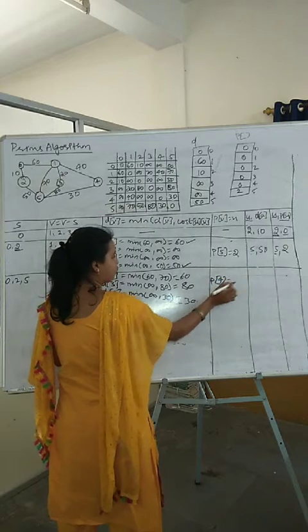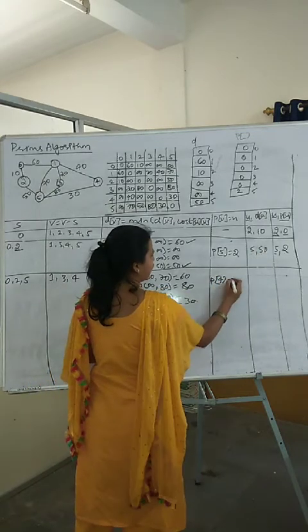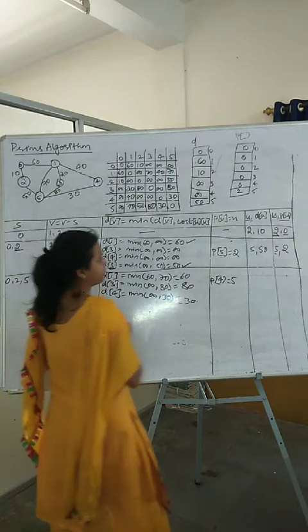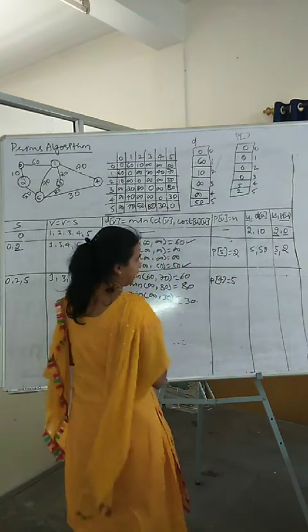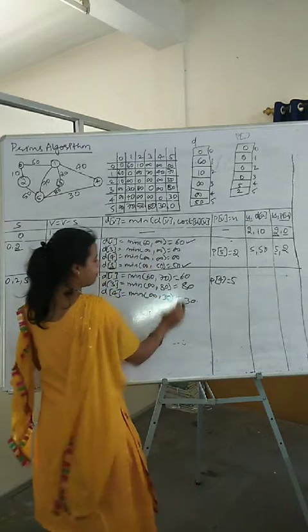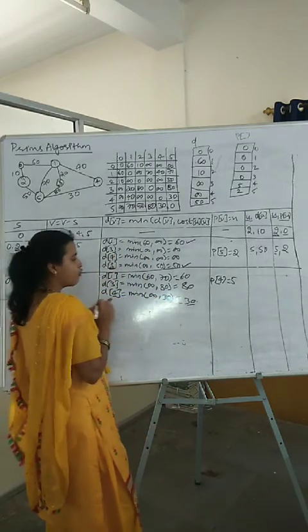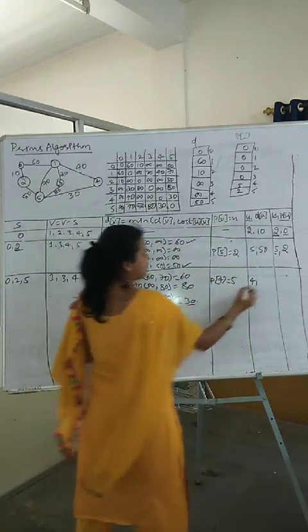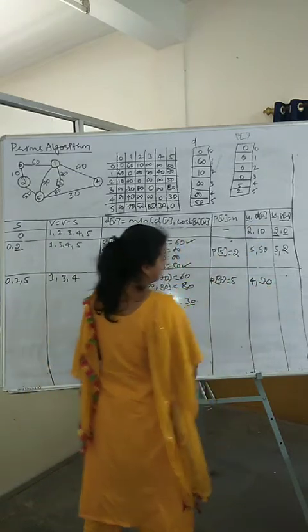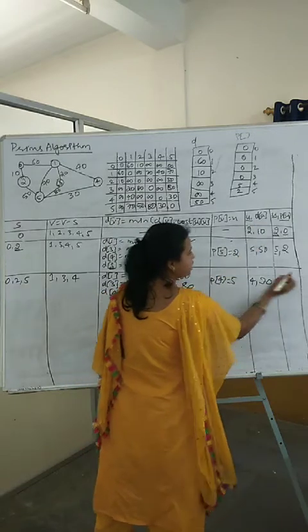P of 4 is equal to what we got in the previous step, 5. P of 4 is equal to 5, I am writing. Next, u, which is minimum? 30 is minimum. What is its index? Its index is 4. D of u means, what is its distance? Distance is 30. Okay. What is the new value of u you have got? New value of u is 4.